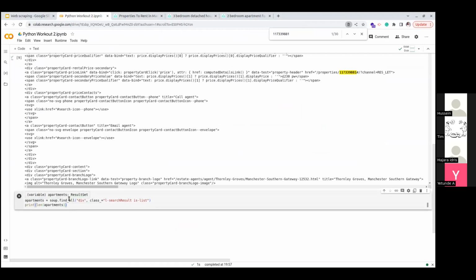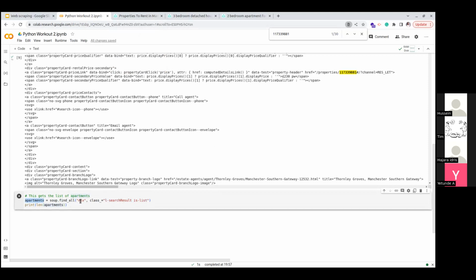So we want to get, for this particular URL, I believe it's 24 or 25 listings on that page, per page, right? And we already know that the thing that shows each of the listings is inside a div, and the unique class for that div is this class. Remember the very first time I asked what's common? It was this class, and this is the name of the class.